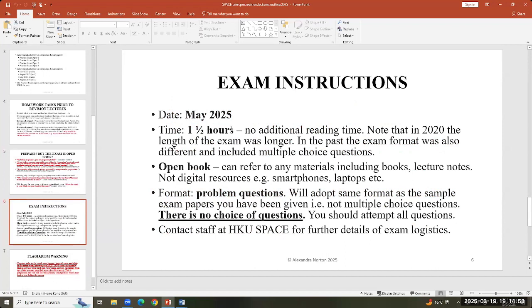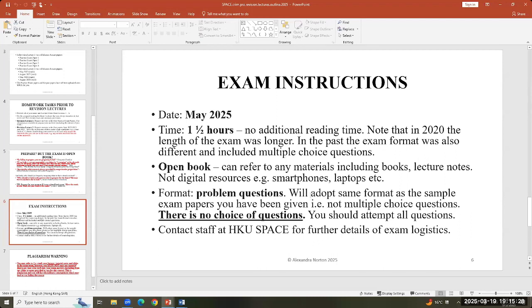You're going to have an hour and a half. There is no additional reading time for criminal procedure. The time limits for the Crim Pro and the evidence exam are different. For the evidence, you get reading time. For the Crim Pro, you don't. For evidence, it's 2 hours. For Crim Pro, it's an hour and a half. For Crim Pro, there is no choice of questions. You have to answer all questions. For evidence, there are 3 questions, you choose 2, okay? So just be aware of the different time limits and the different rules that apply to each of the different